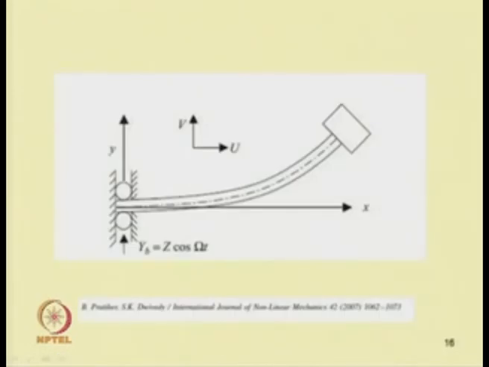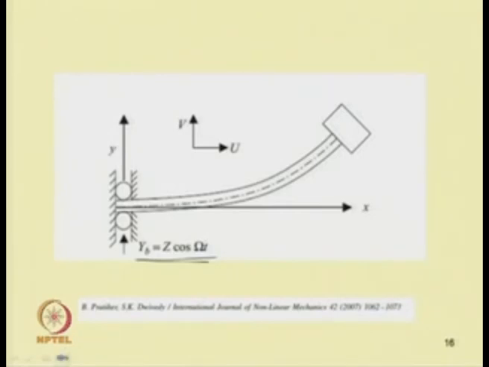So, let us consider one more example which was published in International Journal of Nonlinear Mechanics by Pratihar and Dwivedi. So, here a roller supported beam is considered. In this case we have to find the equation of motion. So, now considering a small section, one can write the potential energy, strain energy of the system, and in addition to that, it is subjected to a force in the vertical direction. So, one can find this non-conservative work done also in this way.